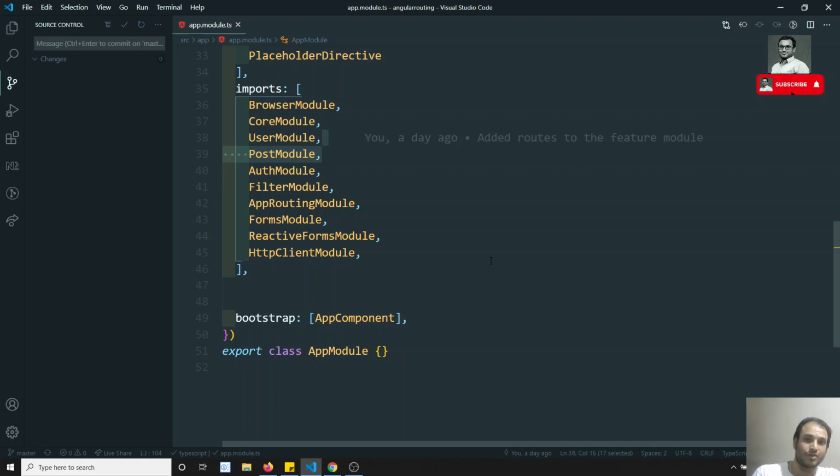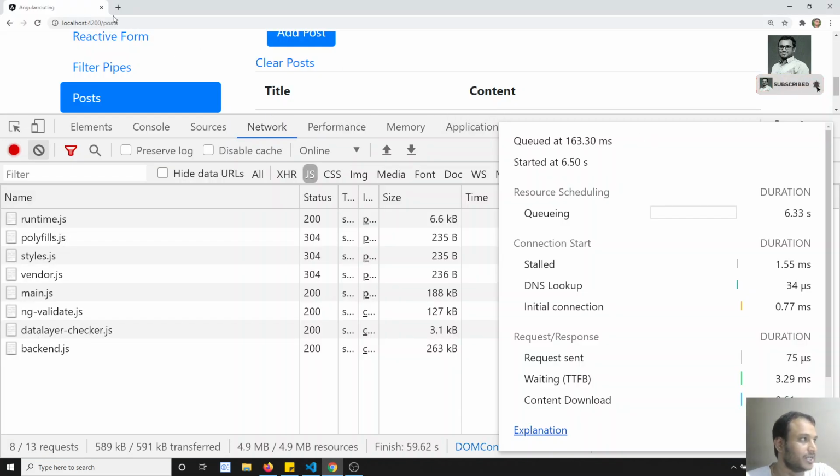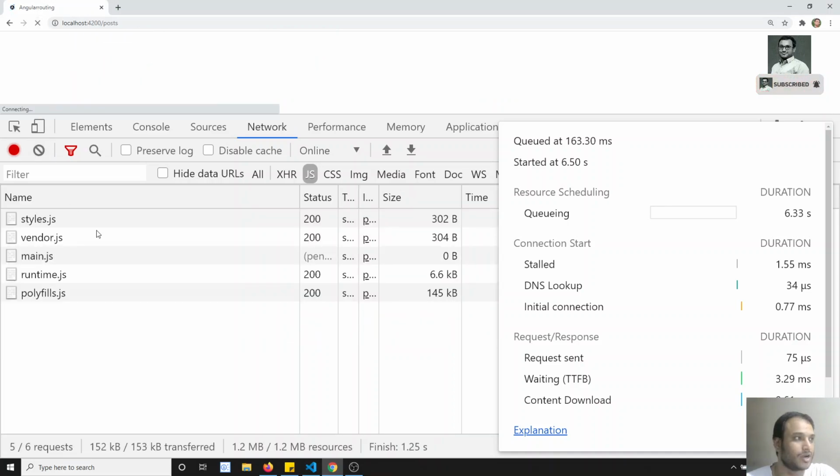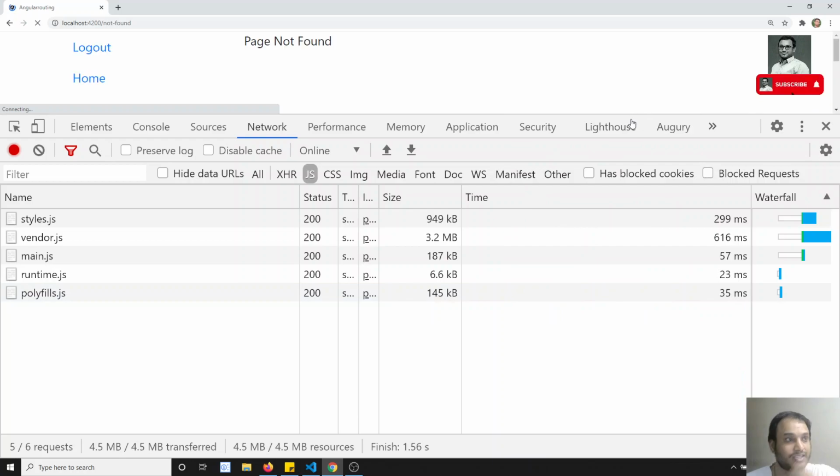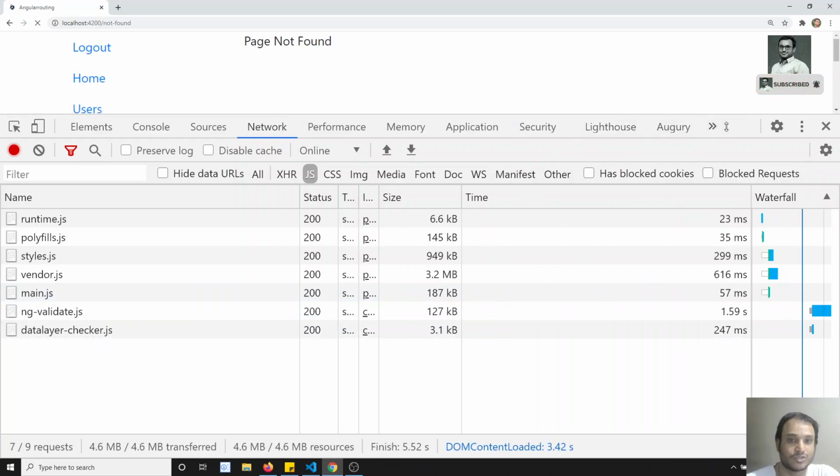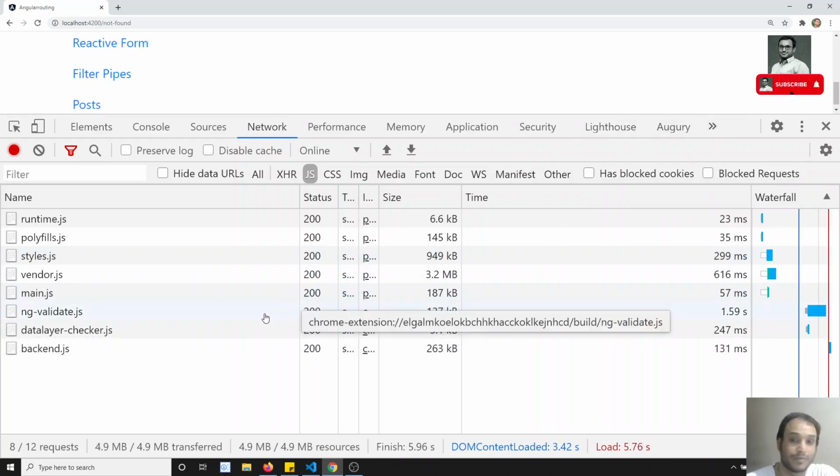Now onwards what we will try to learn is how to increase the performance of our Angular project. How we can increase the performance of the code. This is the thing we will now try to implement. If you see the Angular project here, right now this is a small project, so you can't see that much of a difference. That much of a performance boost you will not be able to see.